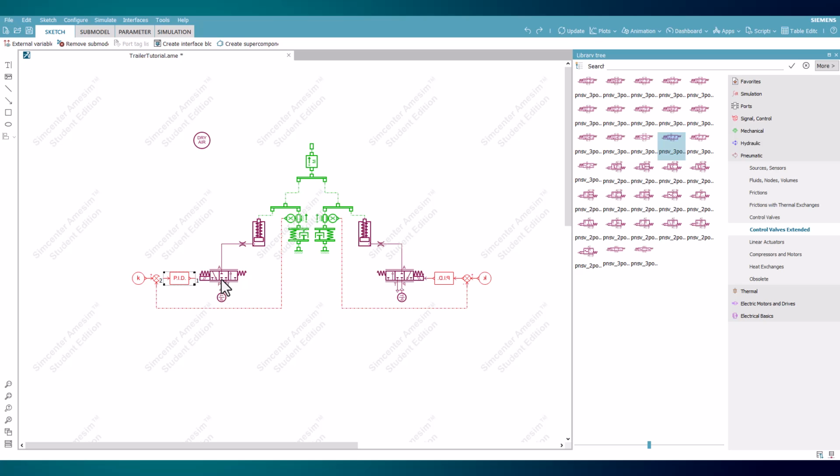For this use case, the output signal will be in the form of a current, which is sent into a control valve with 3 positions and 3 ports. The valve works where in position 1, the chamber of the piston will be connected to atmospheric conditions set at port 2 or T. At position 2, all connections are closed off, and in position 3, the valve is set to connect the chamber to a pressure source at port 1 or P.